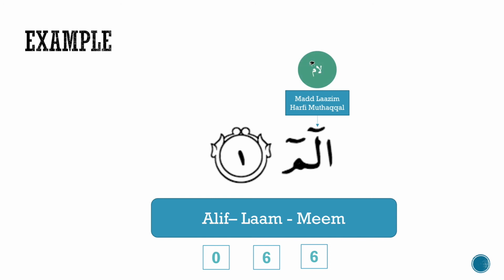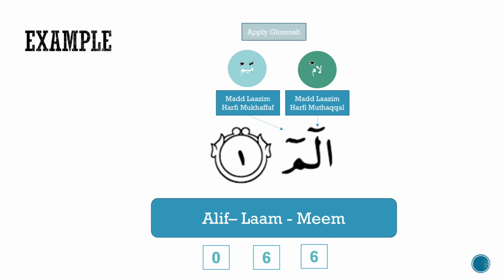The Lam is known as Mad Lazim Harfi Muthaqqal. As you can see, there is an alif madda followed by a mim with a sukoon. The Mim is known as Mad Lazim Harfi Mukhaffaf. As you can see, there is a ya madda followed by a mim with a sukoon. As the 2 mims are merged together, we will apply a ghunna for 2 counts. Hence, Alif, Lam,